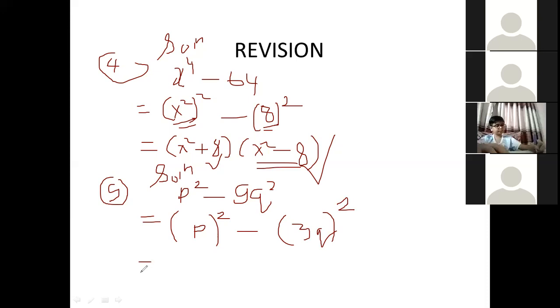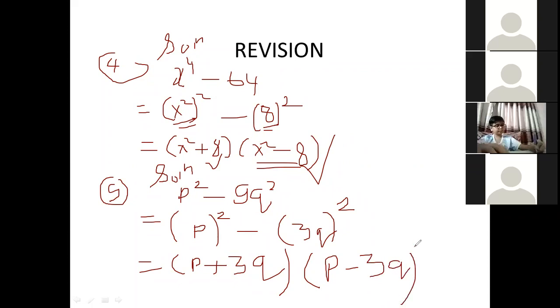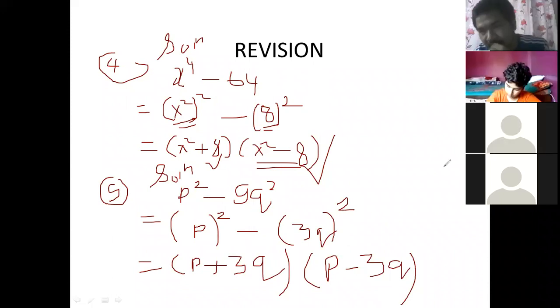Then we have to write now A plus 3, A plus B. What is B there? The 3. The answer will be P plus 3 and P minus 3. Very good. Who is telling this answer? Reason, sir. Okay, Reason. You are telling the correct answer. Have you understood, everybody? We have already learned, but we are doing revision here.